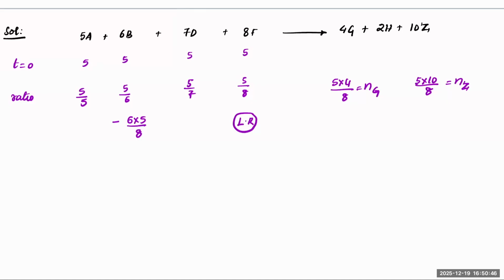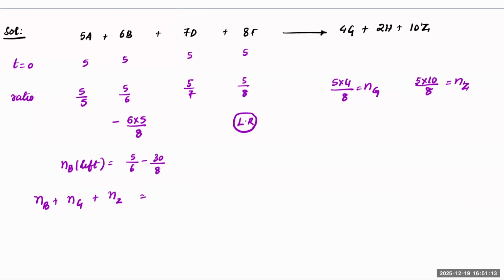This much is being used, isn't it? So number of moles of B which is left will be equal to 5 minus 30 by 8. So now I need to make out the sum. So number of moles of B plus number of moles of G plus number of moles of Z. Okay. So that will be equal to,